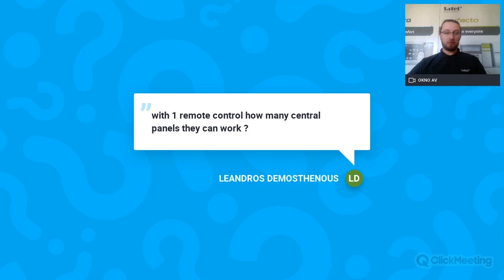Remote control, how many sensor panels they can work? One remote control. I hope you are talking about mobile application. I think there is no limitation in there. To be honest, I never was able to find the limitation, but maybe my colleagues will have information about how